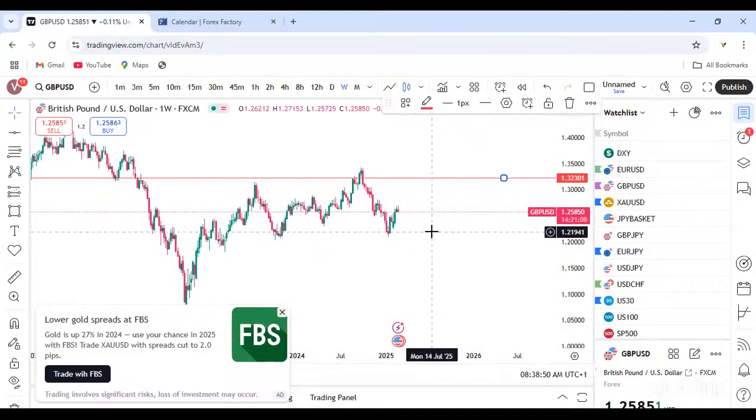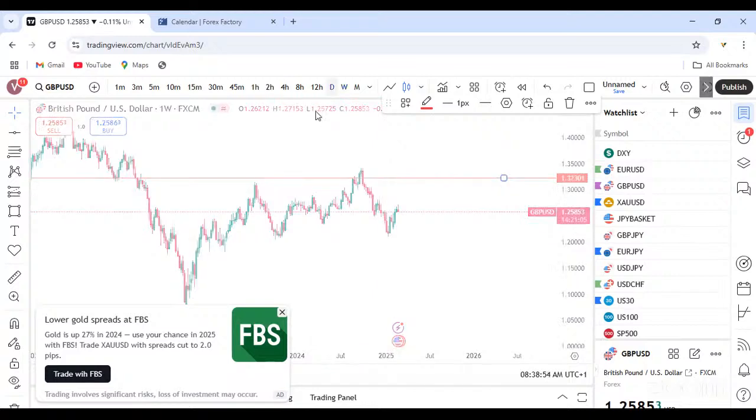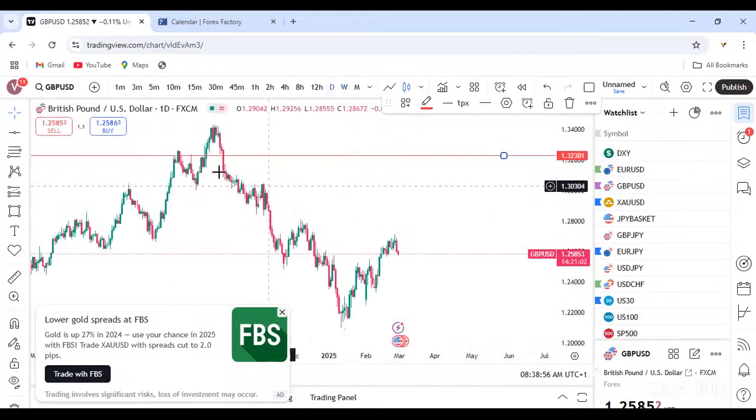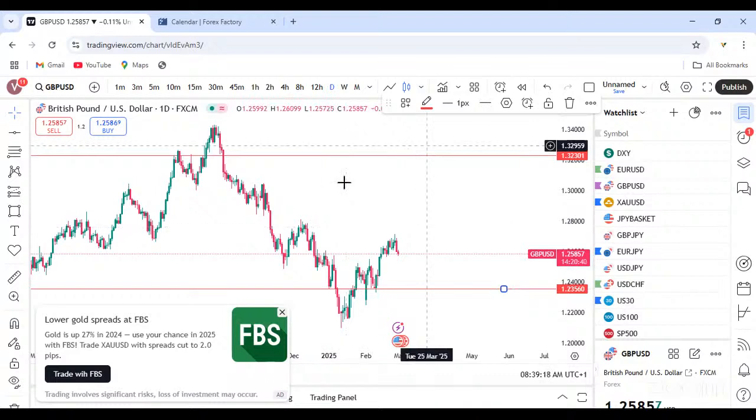shoulder at 1.32301. And on the daily time frame, it's pretty much the same thing. We have seen price has taken out this very high at 1.25784, and I want to see price retracing into this level. I want to see price retracing into this left shoulder at 1.23560 on the daily time frame